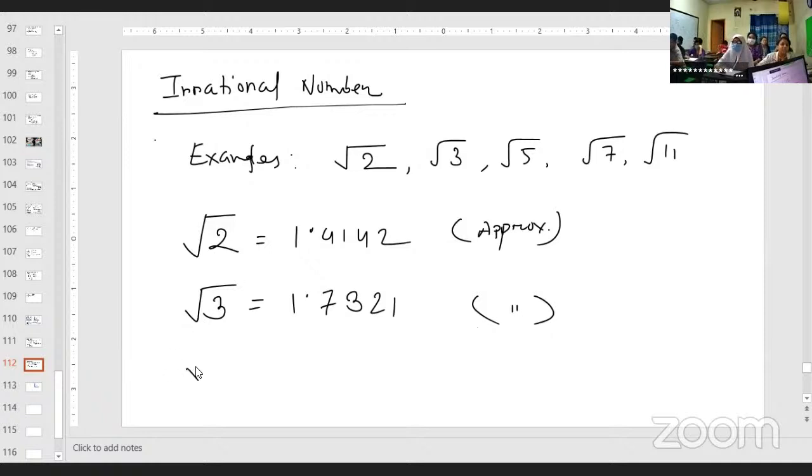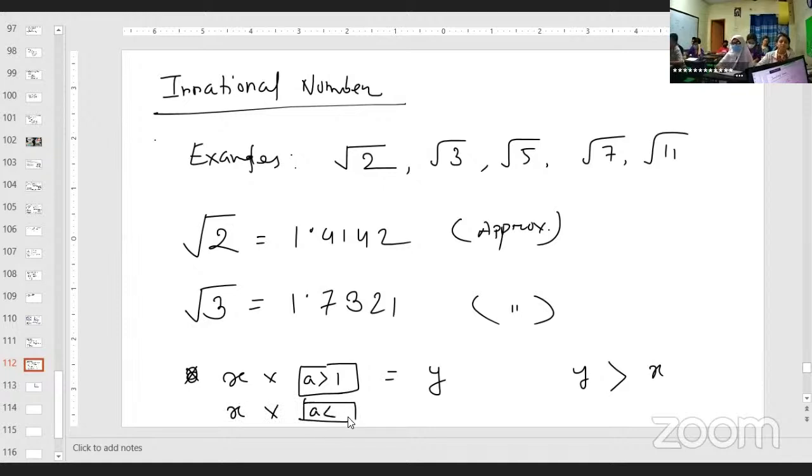If we take a number x and multiply x by a number a, which is greater than 1, the result is y. So what will be the relation? Y will be greater than x, or y will be less than x? Y will be greater than x. I mean, if the multiplier is more than 1, the product must be greater than x, right? And if x is multiplied by a, which is less than 1, then y must be less than x,